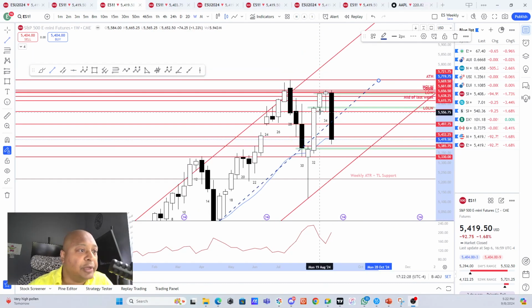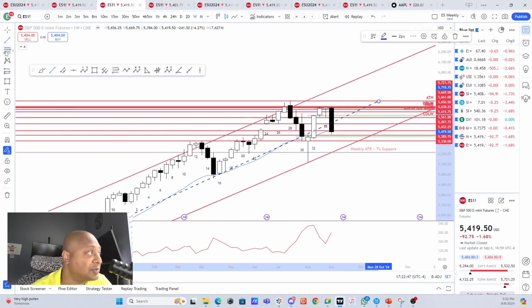However, looking at the weekly chart, we can see that we had a double bottom right here. We went back up after the double bottom happened, but we could not create or hold the new high. We did a double top right there. We have broken this double bottom and we are coming down now. This was the first leg down for the bears. Now maybe the bears are trying a second leg down at this point.